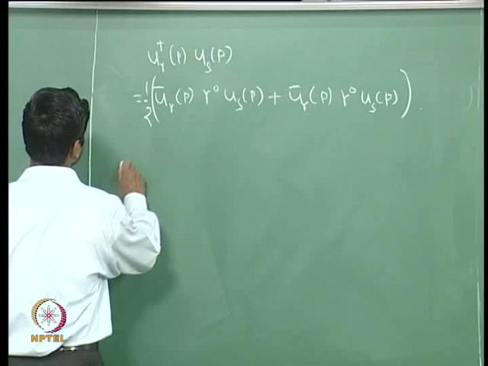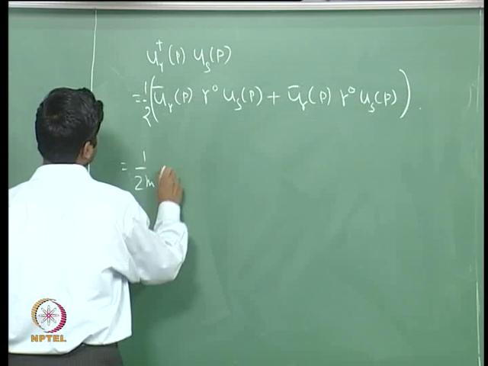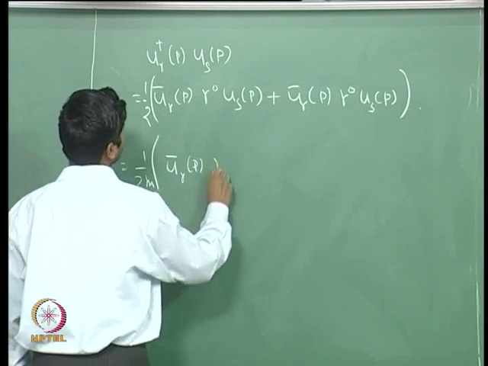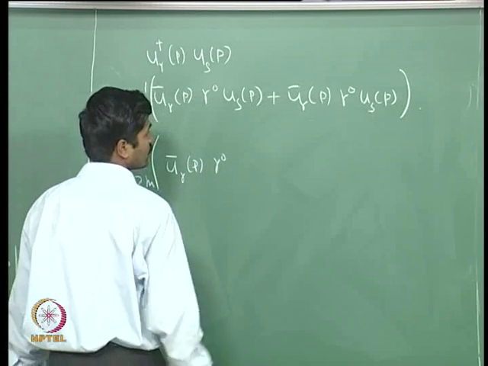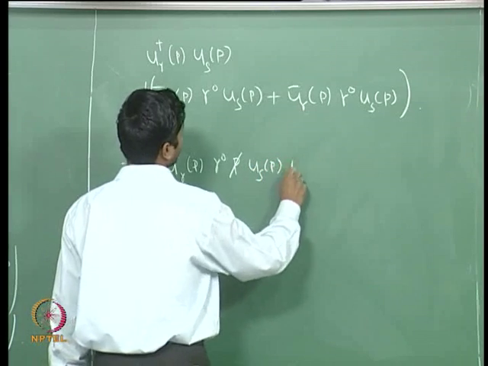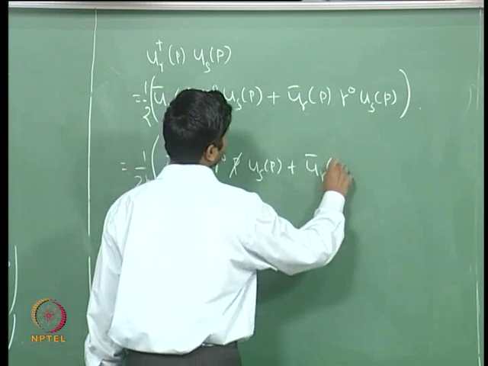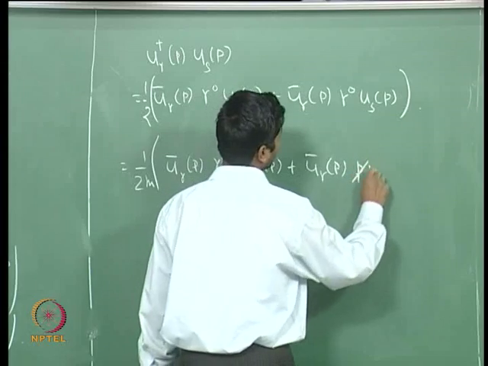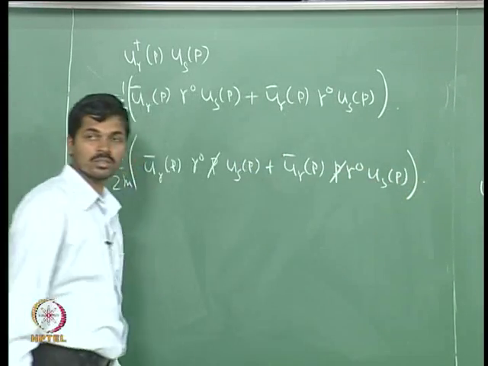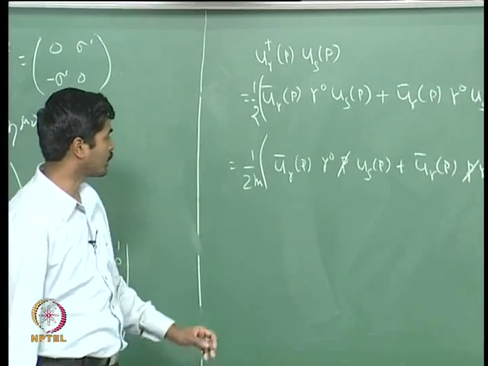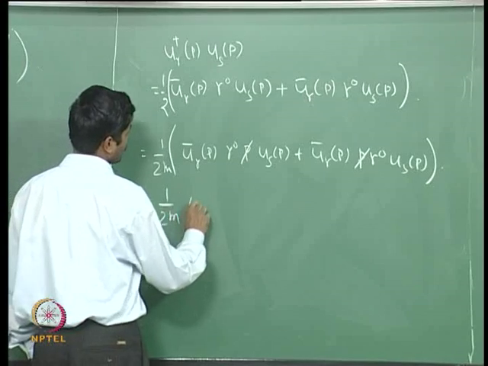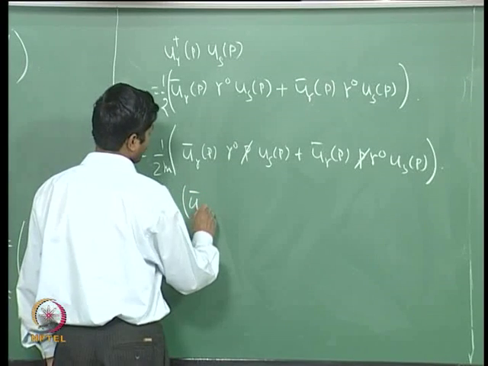So, this is nothing but 1 over 2 m u bar r p gamma 0 p slash u s p plus u bar r p p slash gamma 0 u s p. Is this clear? It is straightforward, and this implies you have 1 over 2 m u bar r p